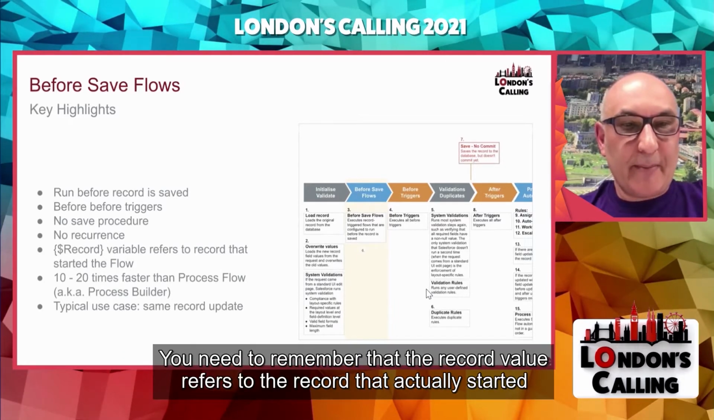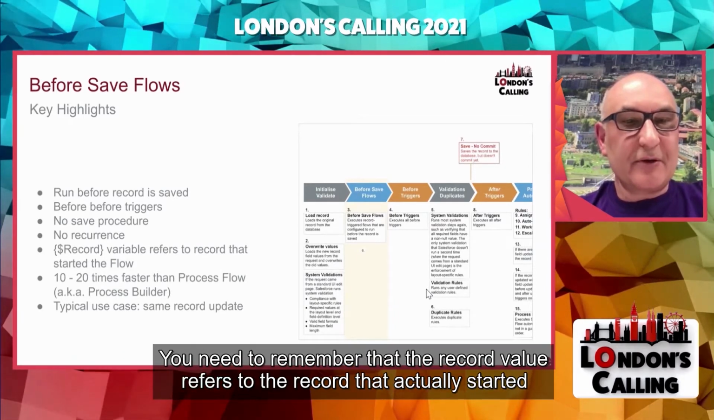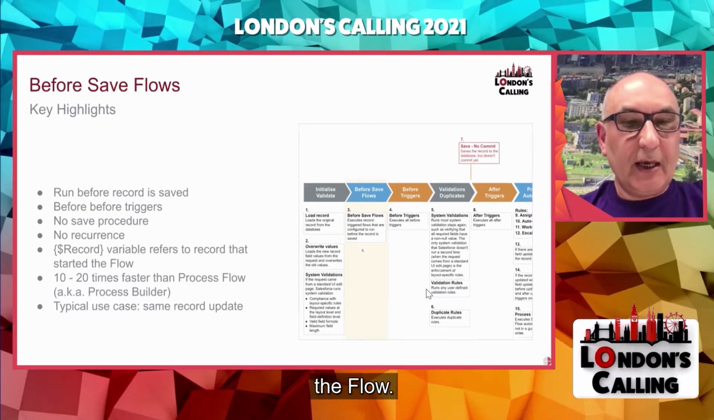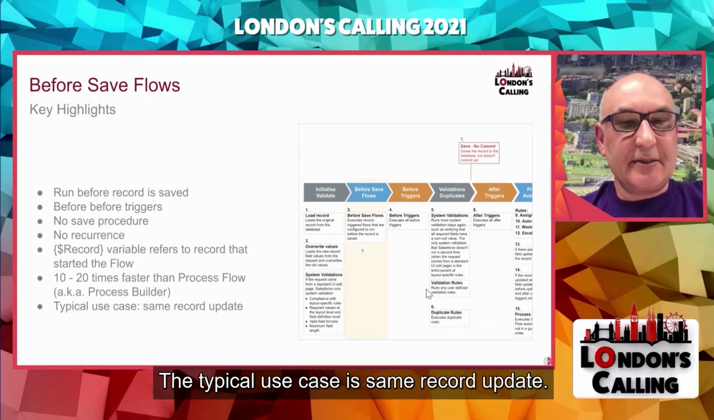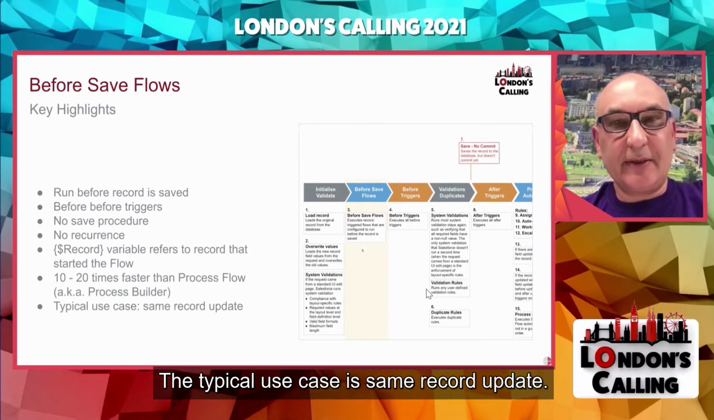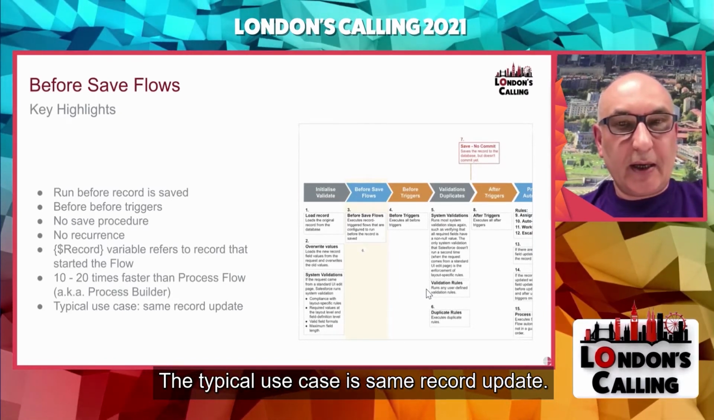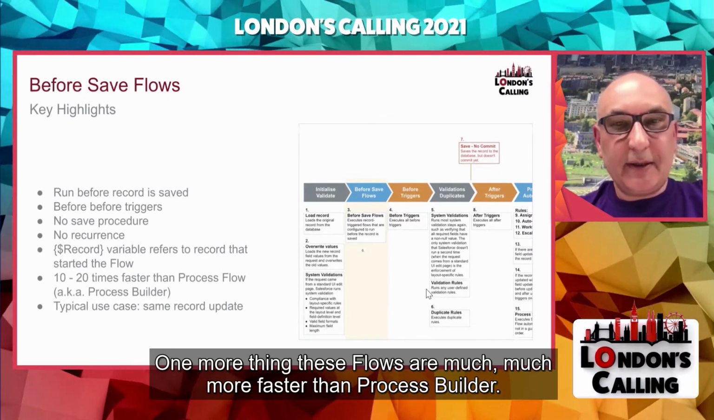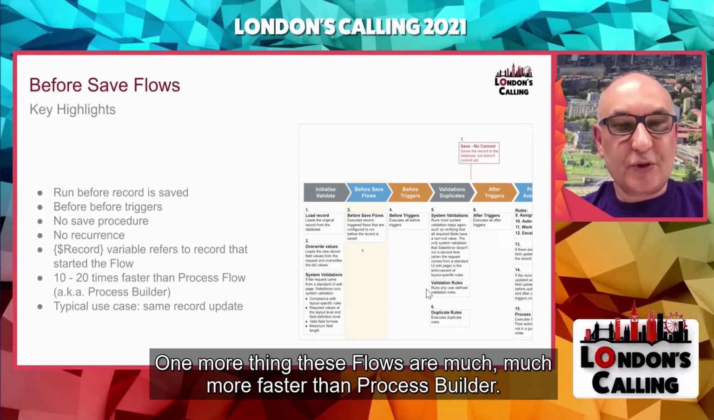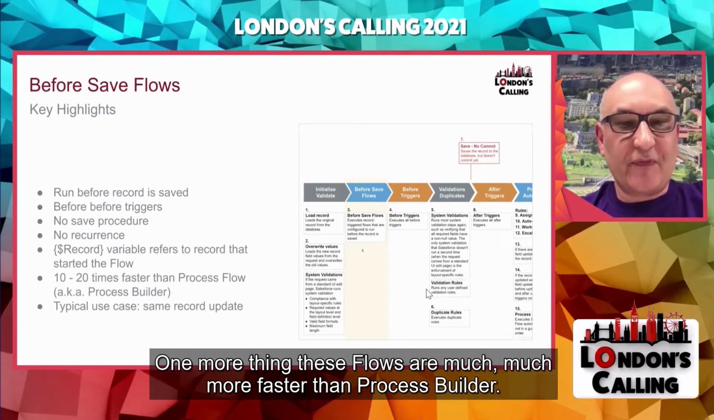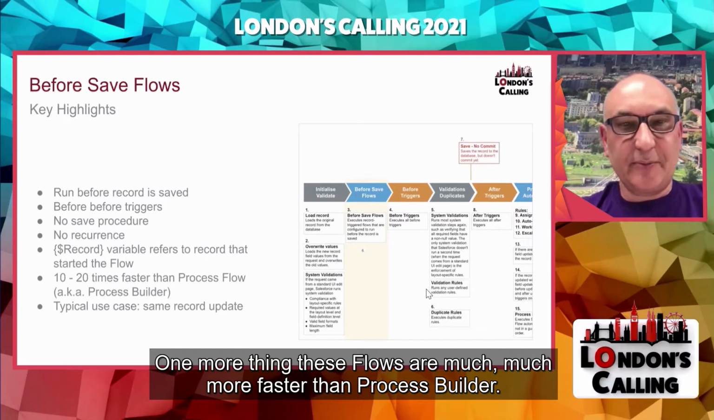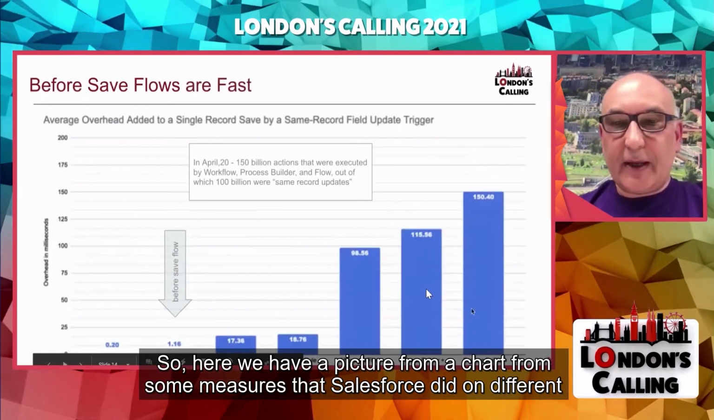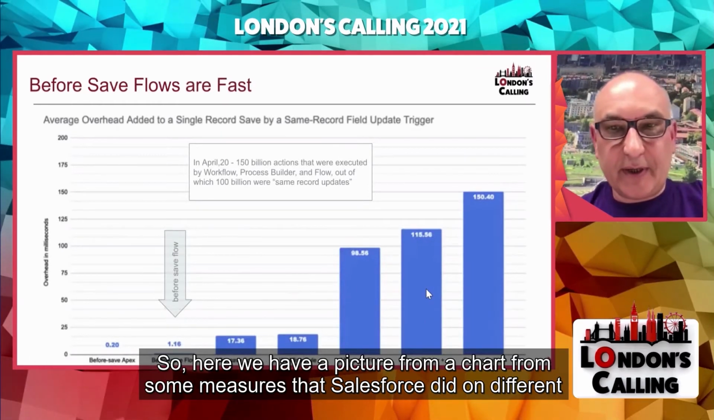And you need to remember that the record variable refers to the record that actually started the flow. And the typical use case is same record update. And one more thing, these flows are much faster than process builder. Let's take a look at this. So here we have a picture